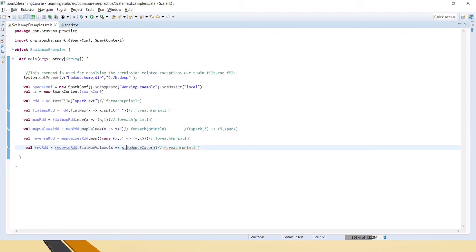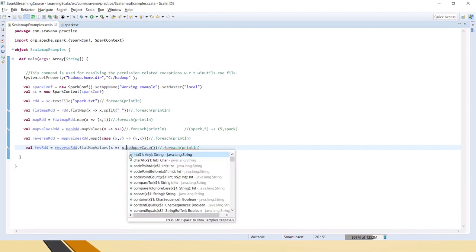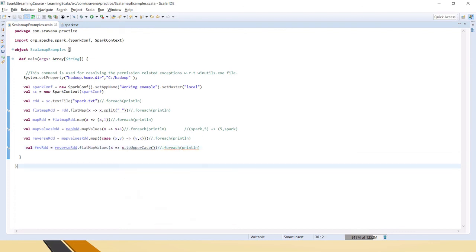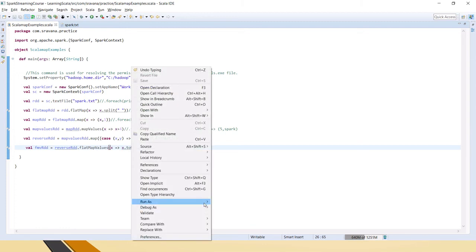We can use any kind of functionality. Here if you press Ctrl Tab, it will show you all the available functions that can be applied on each element in the flatMapValues. So now let's run this code to see the final output after performing flatMapValues.